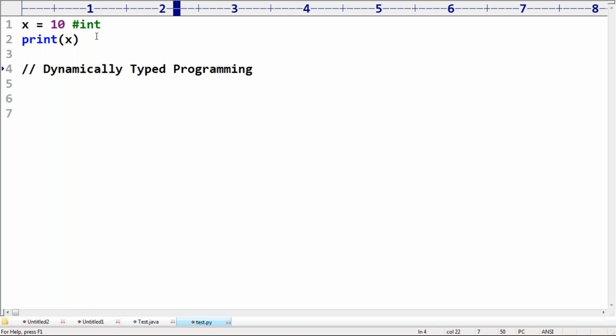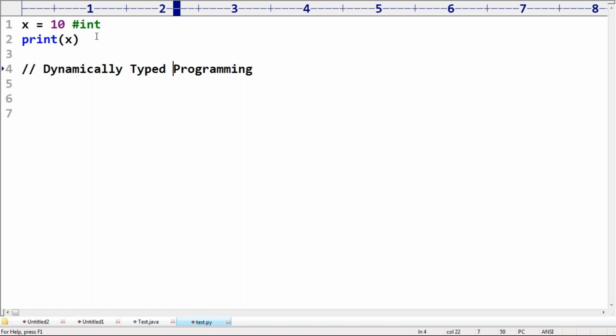Hey, sir, I learned Java. Can you please tell some differences between Java and Python? Then happily you can tell, sir: in Java, for every variable and every expression, the type must be specified. If you are not specifying the type, by default we get an error. But in Python, we are not required to specify the type. Based on the provided value, the type will be assigned automatically by the Python virtual machine.